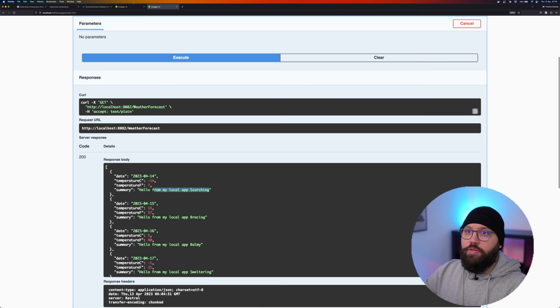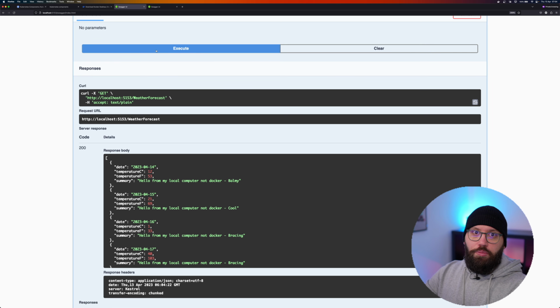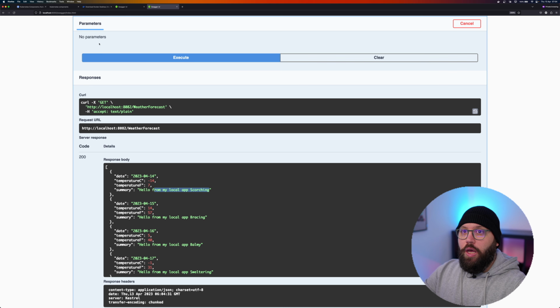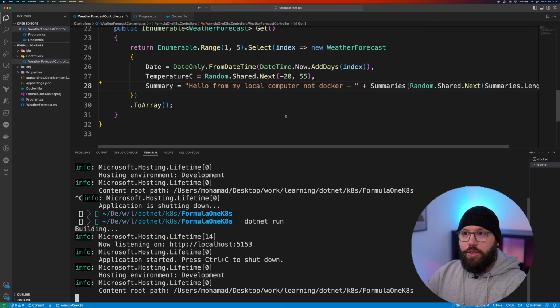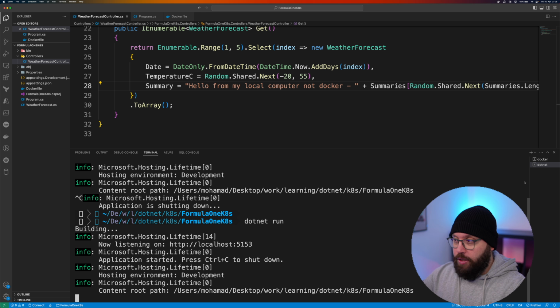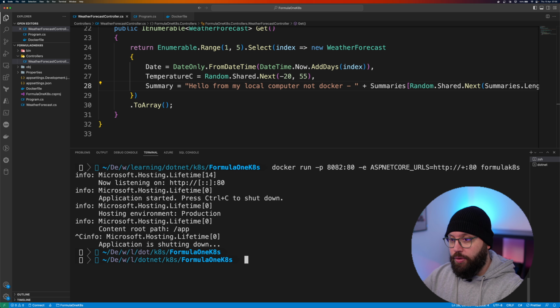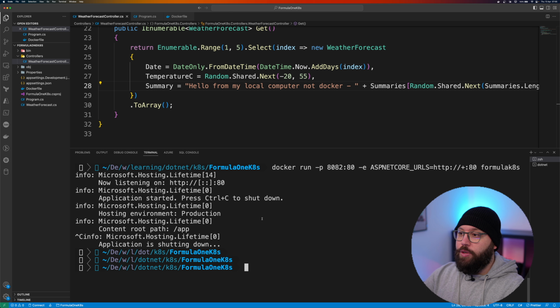So we can see here now I have two versions of my applications running, one running locally on my own machine without Docker, and one is running inside my Docker container. And as you saw here, the changes that I did not automatically reflect inside my Docker image, because in order for me to update the Docker image, I need to do another build again. And once I do another build, it will update the current version of the image, and once I stop my container and run it again, it will be able to pick it up. So right now, if I just stop this for now,